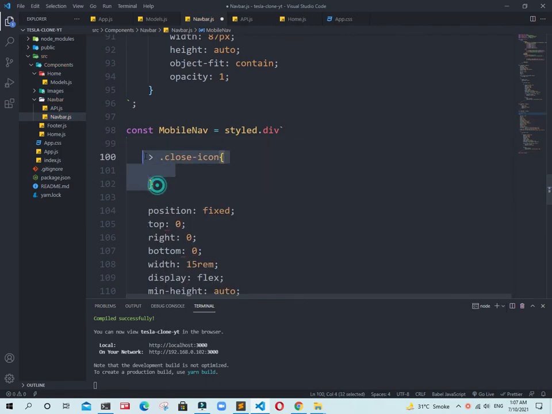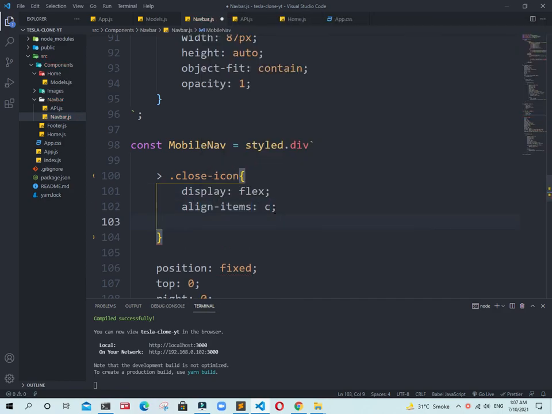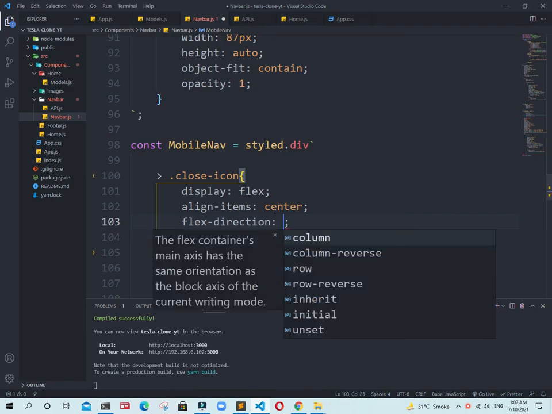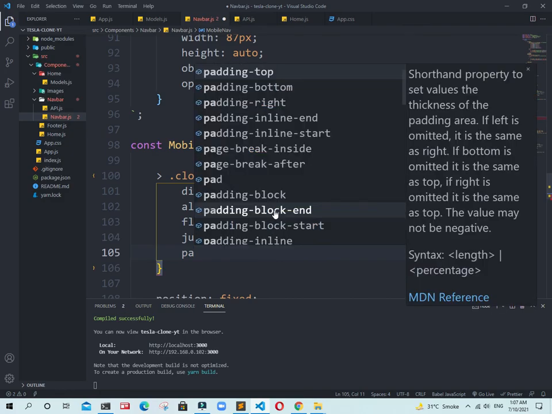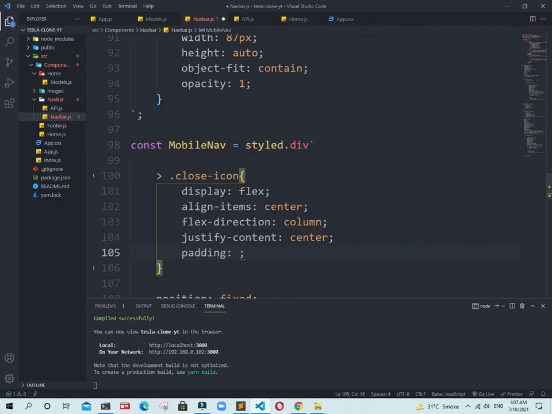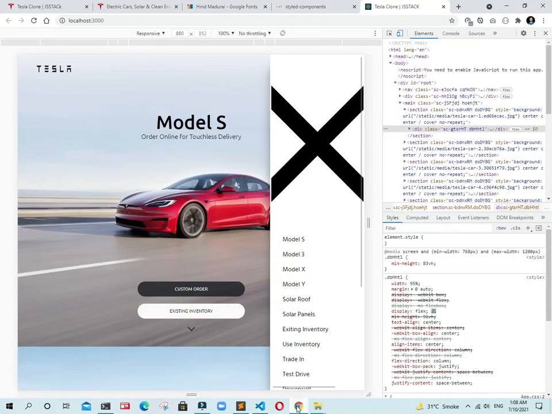Guys, this is the syntax to use a class in styled components. Now just add display flex, align items center, justify content center, and flex direction column. Now add a padding, instead of padding top, simple padding of 1 rem. Add width 100%, and it looks like this.